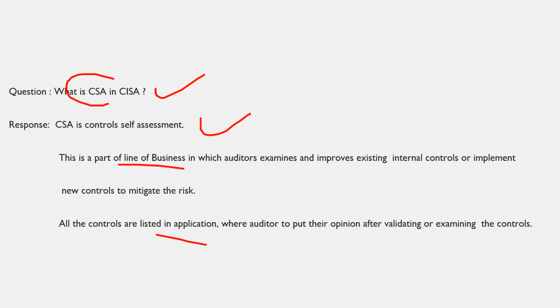It is an application or software nowadays where all the controls are listed and you just mark yes or no whether this control actually exists in the environment or not, or what the latest controls recommended by international guidelines are, and whether these new controls are there in the environment or not. So you just go through the checklist.